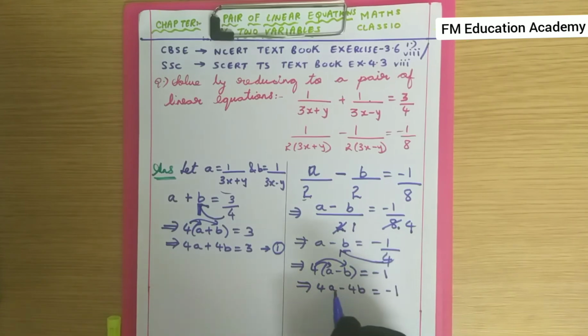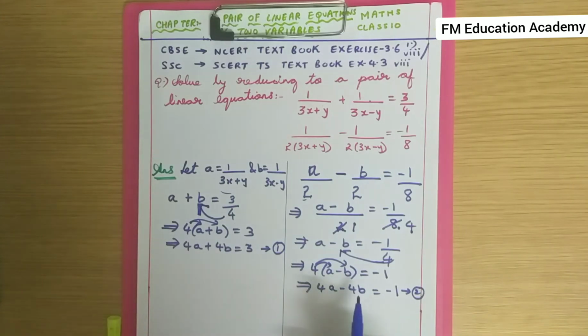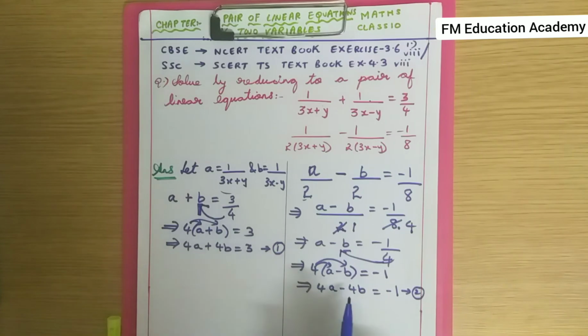Now observe this equation. It is in the form ax plus by is equal to c. Now it is in the form of a linear equation in two variables. Now I have the first equation, I have the second equation. How to solve a and b from these both equations? I want the value of a, I want the value of b. So if you observe here, the coefficient of b is plus 4 and here the coefficient of b is minus 4. I know when signs are opposite, that is one is plus, other is minus.